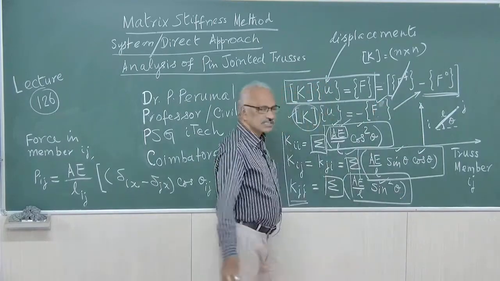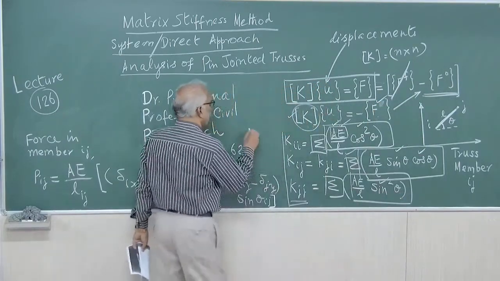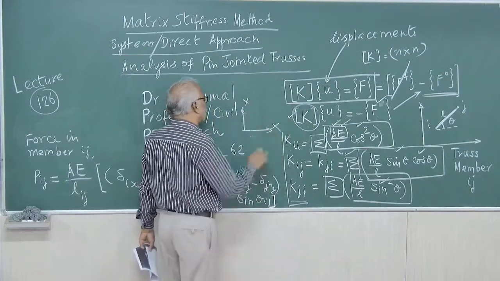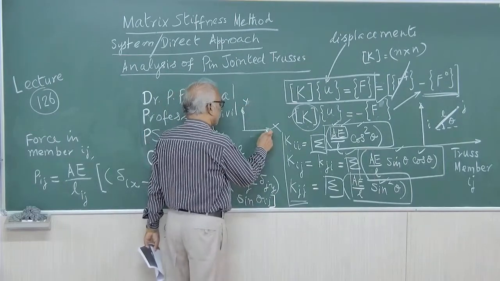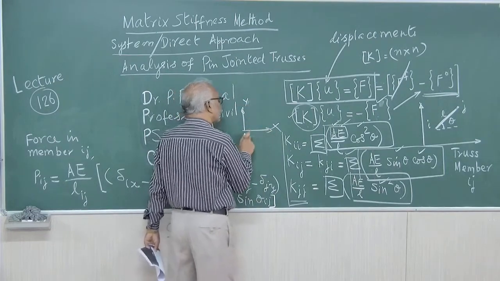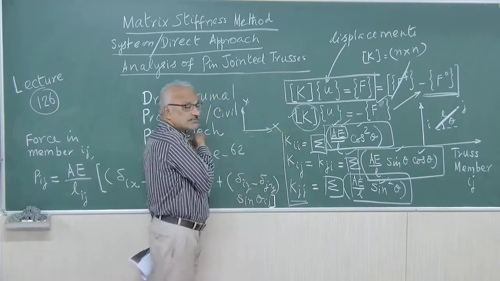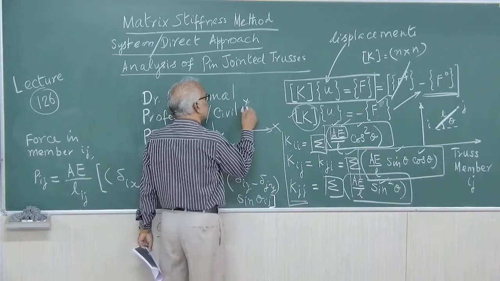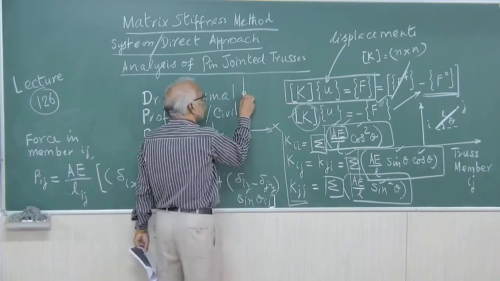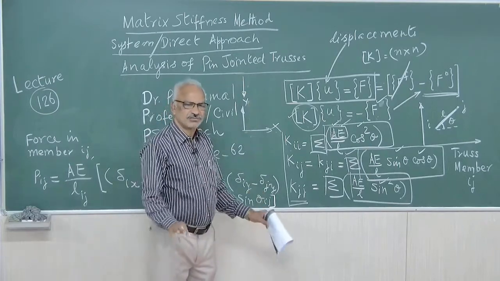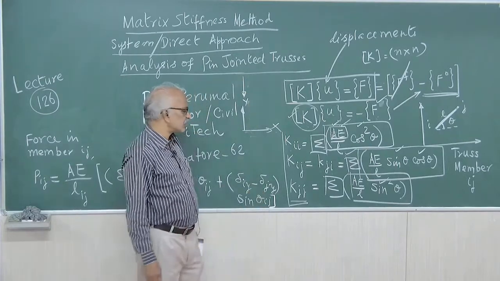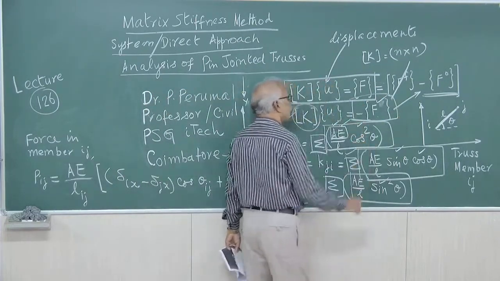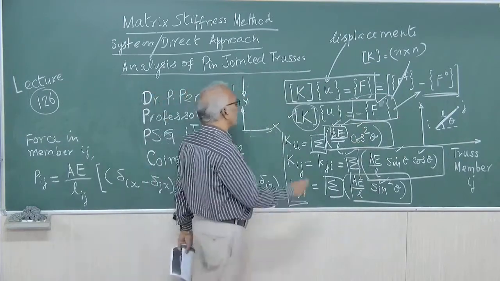Stiffness matrix is ready. Coming to the right hand side, F will be consisting of the forces. Suppose if we choose this as the x-axis and this as the y-axis, whatever is the force in the x direction, suppose if it is towards right, it is plus; if the force is towards left, then it is minus. Y-axis is taken like this. Suppose the truss is subjected to a downward load, the force will be minus. So whatever is the force in the direction, we have to just mark. So getting the force vector will not be difficult. And we have to find out the value of U.